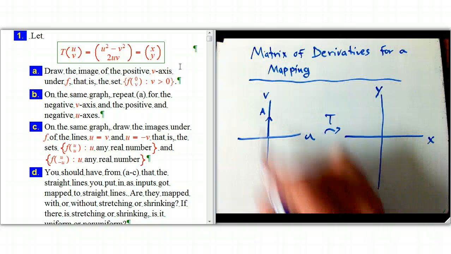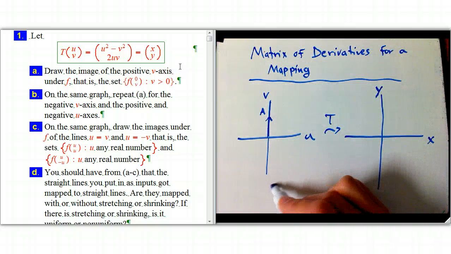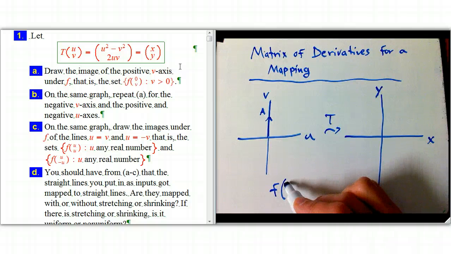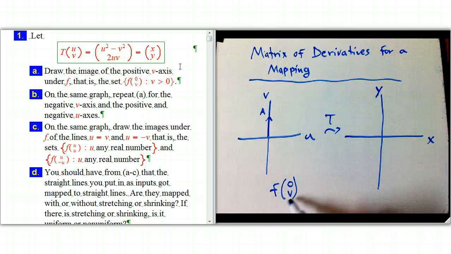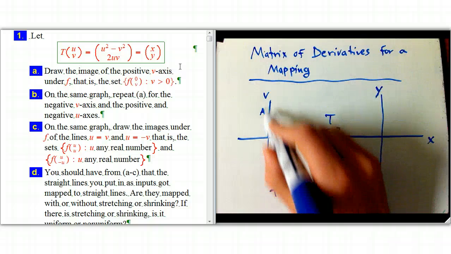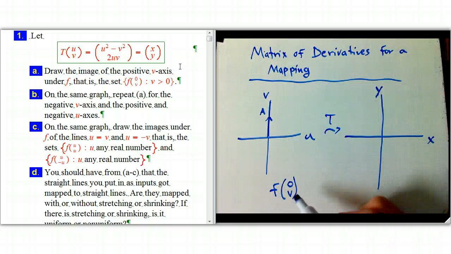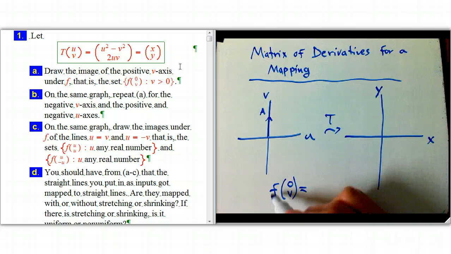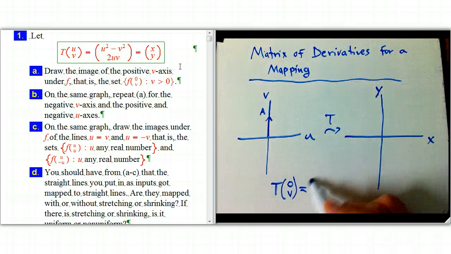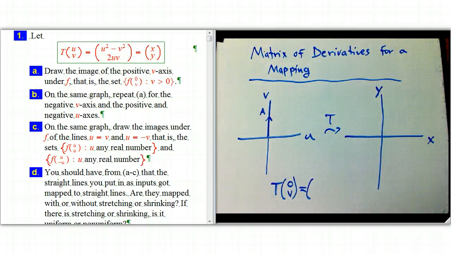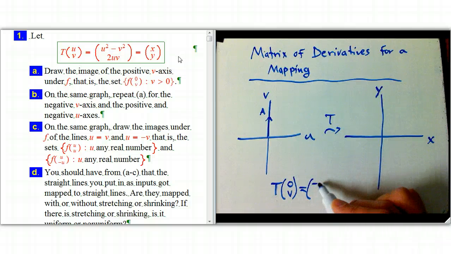Those are all the points of the form (0, v). We could use t here if we wanted to emphasize that we just set a bug to walking along here, but we can use v because the letter's perfectly appropriate. So we put all the points (0, v) into this transformation. Oh, I'm using t, I changed my mind. I just plug that into the formula up here, and I'm going to get minus v